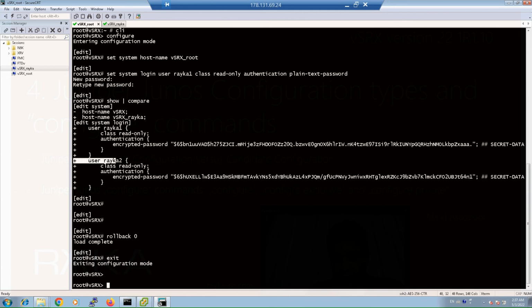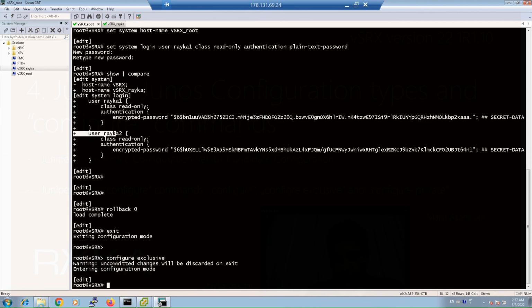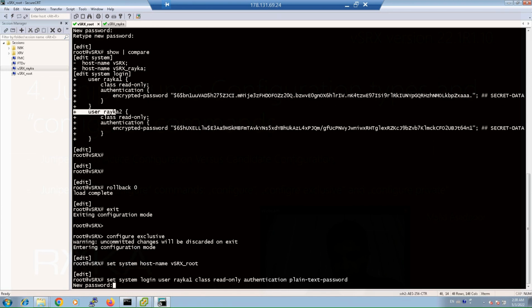Now let's check configure exclusive command behavior. With the user root, I entered the configuration mode, but this time with configure exclusive command. Then I configure hostname as virtual SRX root and create a new user Rika1 with read-only privilege as we have done in the previous section. Hostname and Rika1 with the password rika-code.com